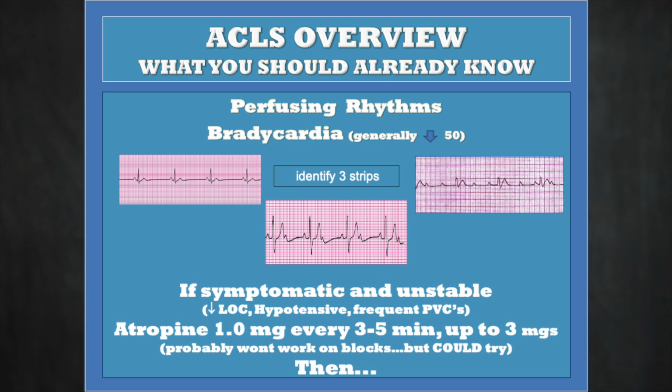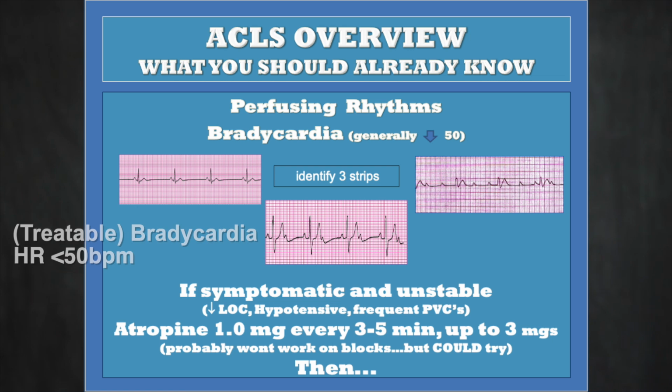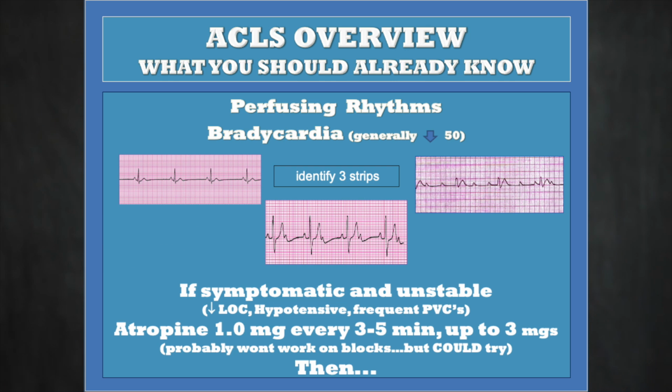So when we're managing patients with bradycardia, whether it's pre-cardiac arrest or post-cardiac arrest, we talked about medications earlier. Now let's talk about some other potential sequences that we could use. If the heart rate is below 50 and the patient is symptomatic with low blood pressure, decreased level of consciousness, or ventricular ectopic beat, and he's not getting better, you may get ordered to try a dose of atropine or several doses of atropine at 1 milligram